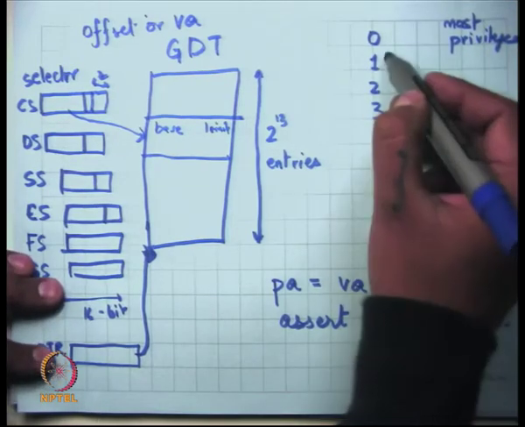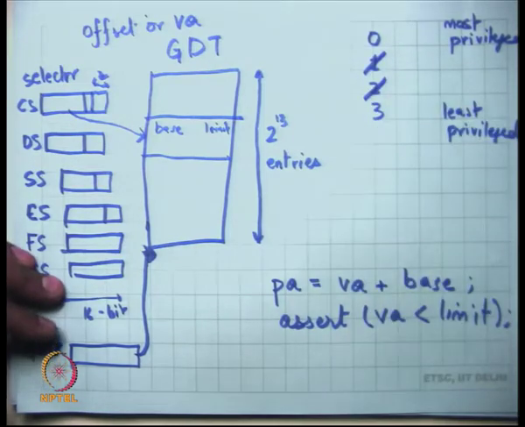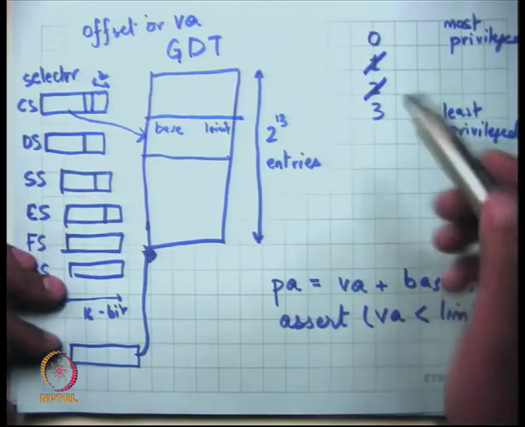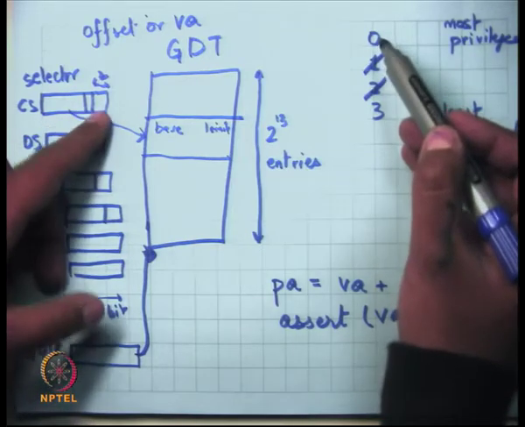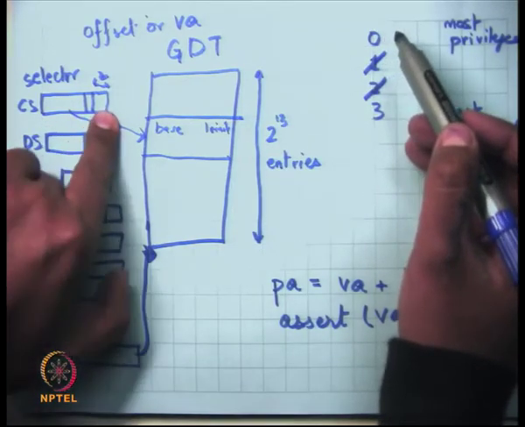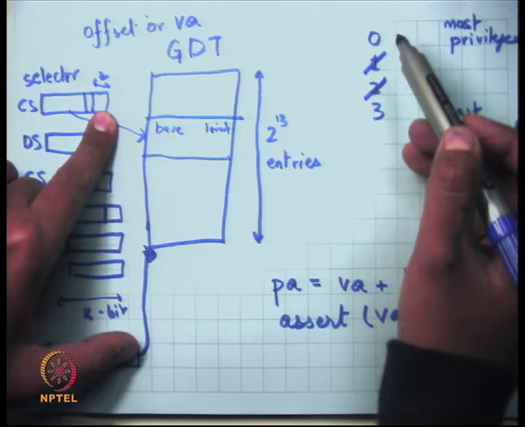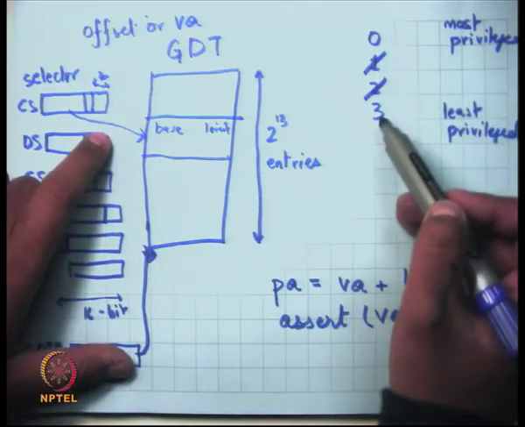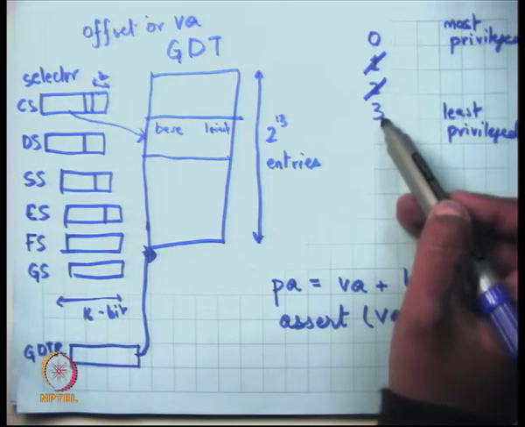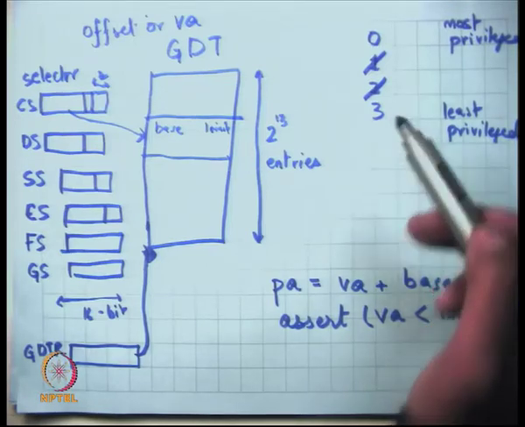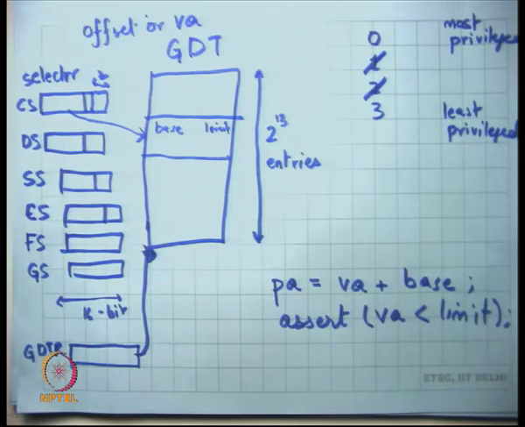Most operating systems just use 0 and 3, and don't use 1 and 2 at all. When the operating system is running, the last 2 bits of CS are set to 0, and when the application is running, the last 2 bits of CS are set to 3. So 0 and 3 basically decide whether I am running in this mode or that mode. But the process can modify its CS, so if it modifies these bits, then it